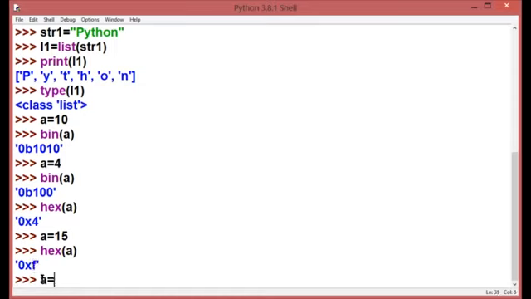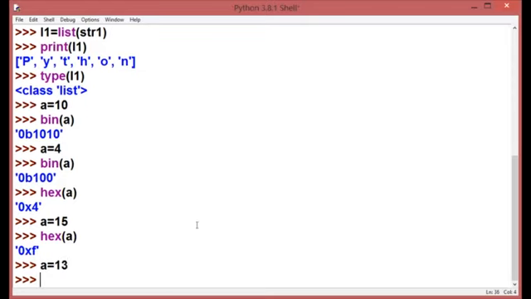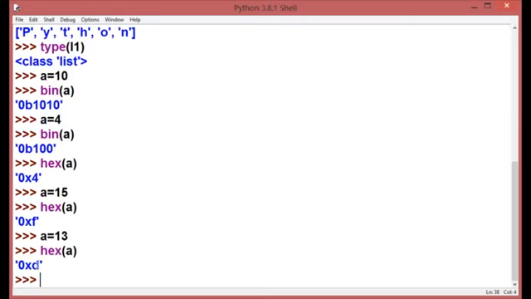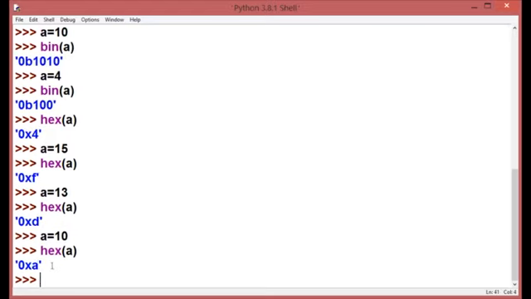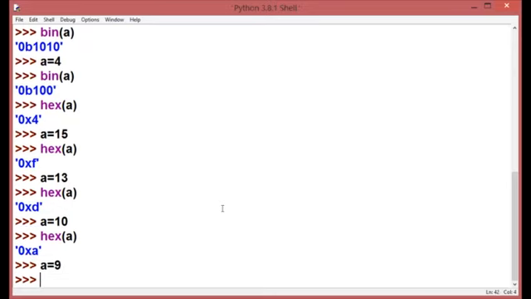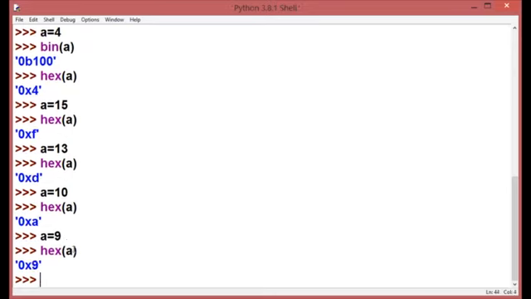So if I take A is equal to 13, what will I get in return? In hexadecimal code, I'll get D. If I take A is equal to 10, what will I get in return? Hex of A, I'll get the A alphabet. And if I write 9, that means below 10, what will I get in return? I'll get 9 itself. Okay, so 0 to 9 it will remain the same, and from 10 to 15 it will be A, B, C, D, E, and F.